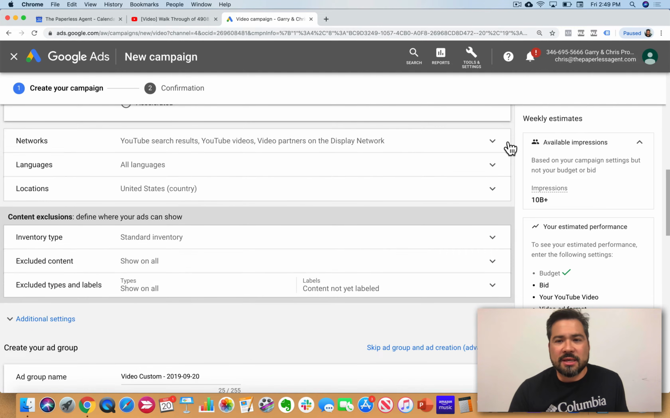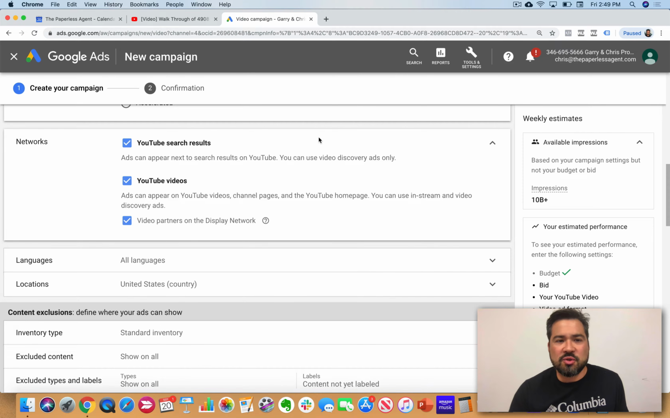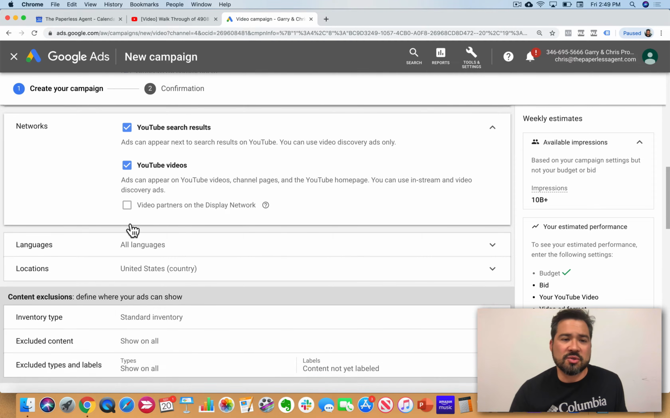Now I'm going to scroll down and I get to choose between the networks. I've got YouTube search results. That's where people are actually searching. And then I've got YouTube videos and then video partners on the display network, which is part of all the websites and all the content partners that share the Google ads as well as videos on them. I'm actually going to unselect this because I don't have a tremendous amount of control, and it's easier for me to know this is my YouTube strategy. So I usually unselect the video partners on the display network and just leave it on YouTube search results and